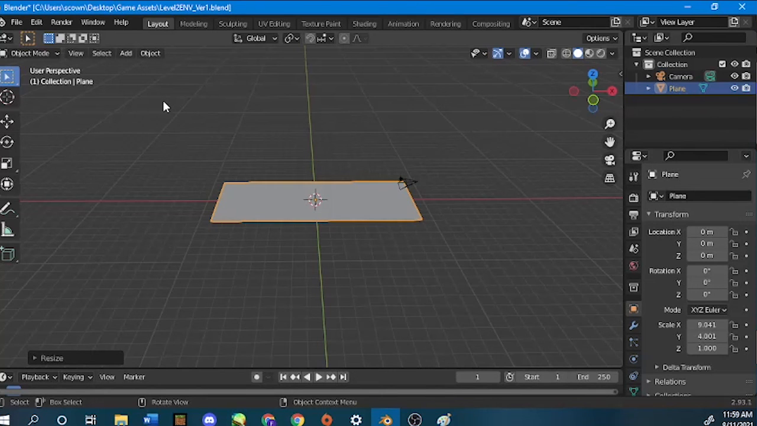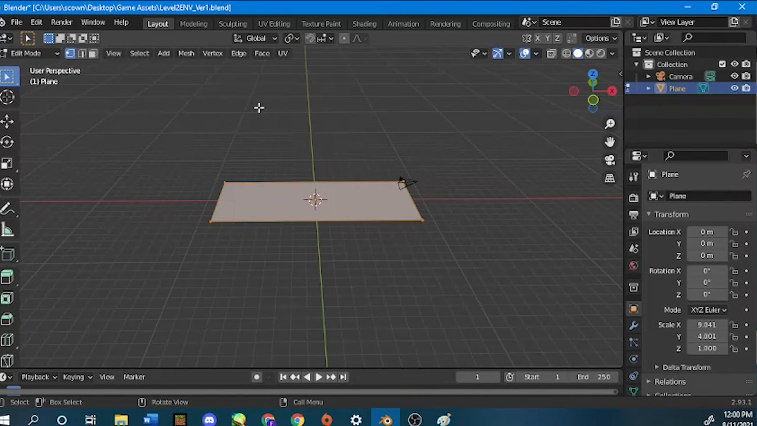And now we're going to go into edit mode. To do that, you're going to want to press tab on your keyboard, or like I said before, use this drop down menu. You make sure you're selecting the object, or it's not going to tab into edit mode. It's not going to do anything. Have that object selected, go into edit mode,